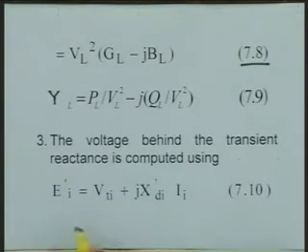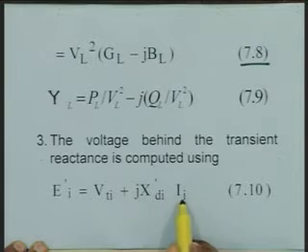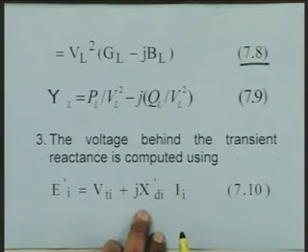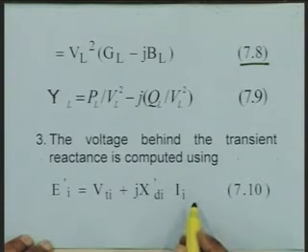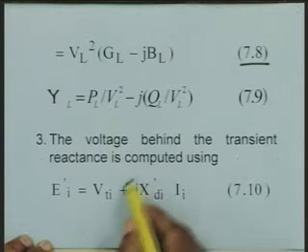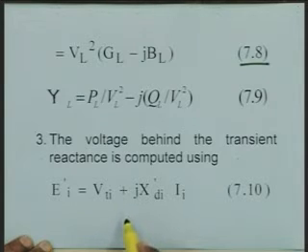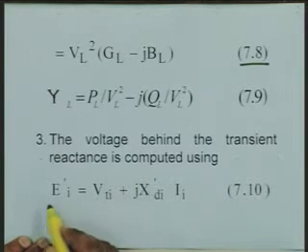Another computation which is required is the voltage behind the transient reactance. Here you can use this expression: Ei prime equals Vti plus J times Xdi prime into Ii. Here I have not considered the armature resistance, but you can modify this by putting, instead of J times Xdi prime, Ri plus J times Xdi prime. Since all this information is known, current is known, and terminal voltage is known, you can find out